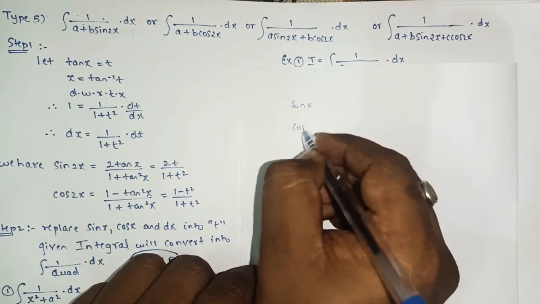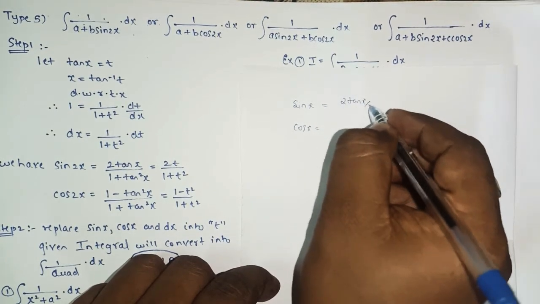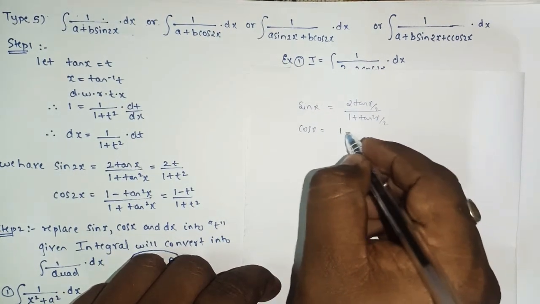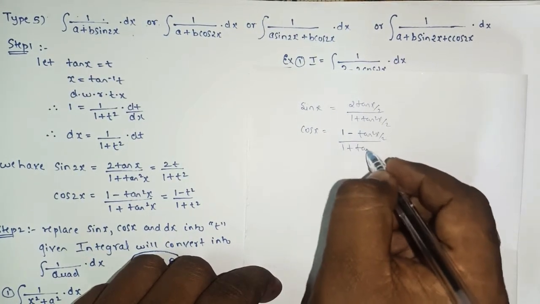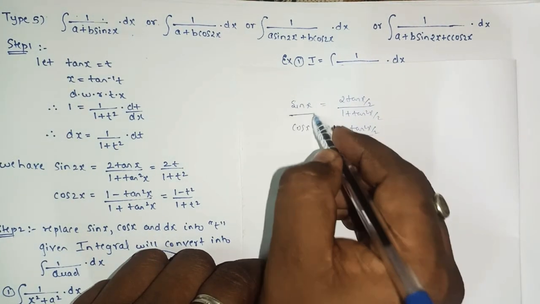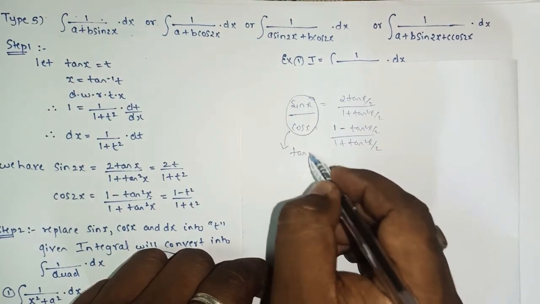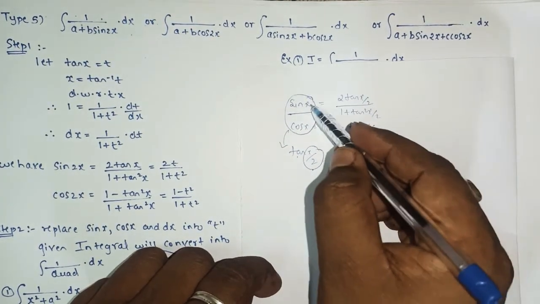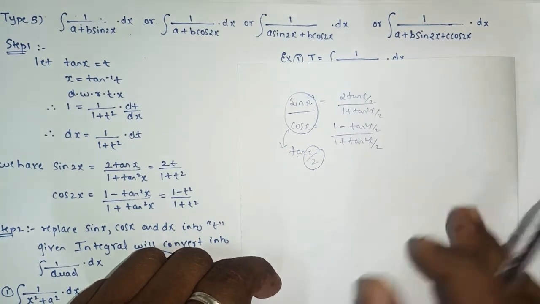For sin and cos, half of the angle, it was 2 tan x by 2 upon 1 plus tan square x by 2, and here it is also 1 minus tan square x by 2 upon 1 plus tan square x by 2, where sin x and cos x it was half of the angle. So that's why there we took half of the angle, that is sin upon cos it was tan, and sin x and cos x, this formula it is half of the angle, so that's why here angle it was x by 2.